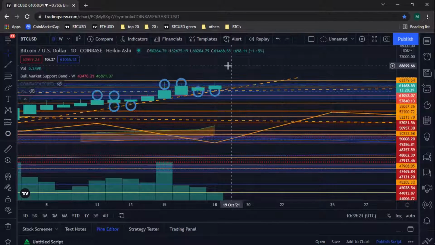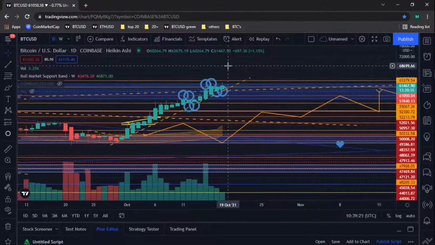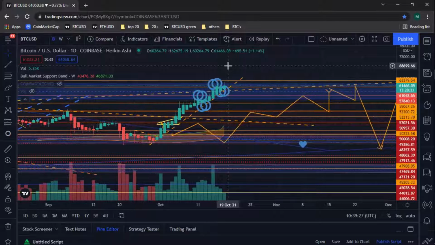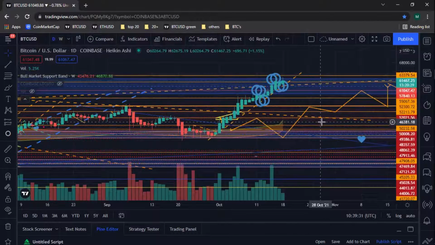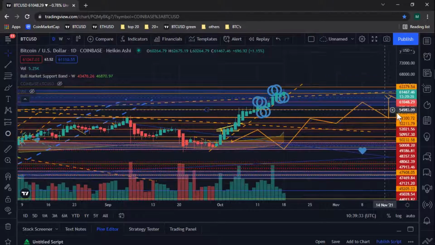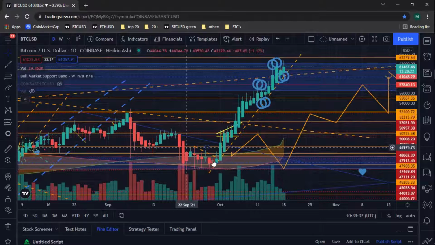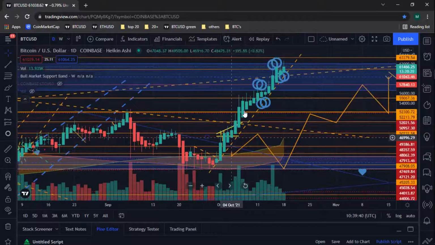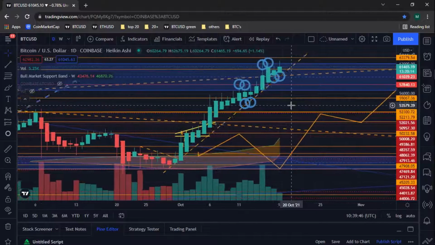What else I want to show you is the difference between accumulation and distribution, okay? So, the accumulation, they're very easy to spot after the fact, okay? And I'm going to explain why we're in distribution now. But accumulation is when price kind of goes sideways and then goes up. It means somebody was accumulating more coins. Distribution is when people are giving away their coins, and price goes sideways.